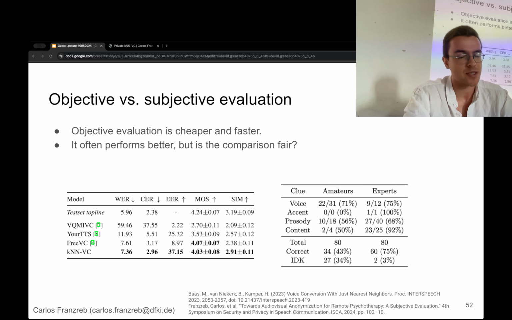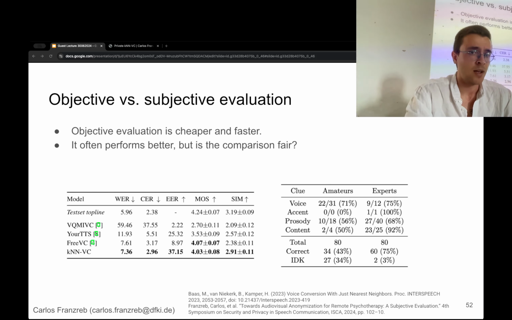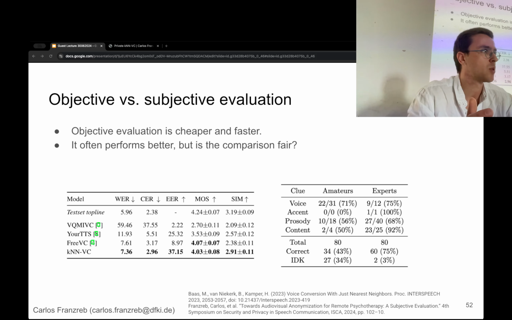And focusing on privacy here, objective evaluation usually performs better, but it's unclear whether the comparison is really fair, right? Because we saw that the objective attacker is being trained with hundreds of hours of anonymized data, whereas in subjective evaluations, we're often just giving two samples to a person, one anonymized, one not, and asking them whether they belong to the same speaker